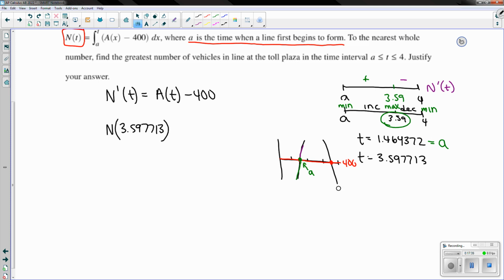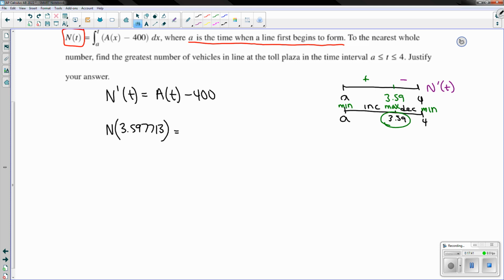We can use our calculator to make this evaluation. We discovered what the value of A is. So we're going to compute the integral from that value of A, which is 1.469372, all the way up to 3.597713 of A of x, which is